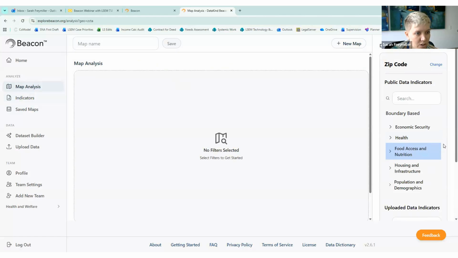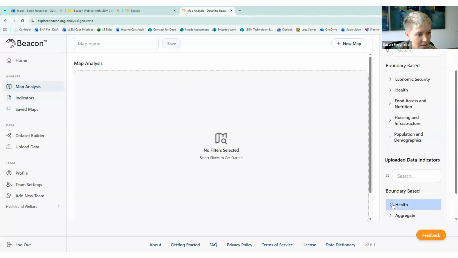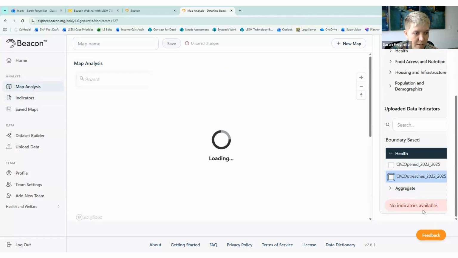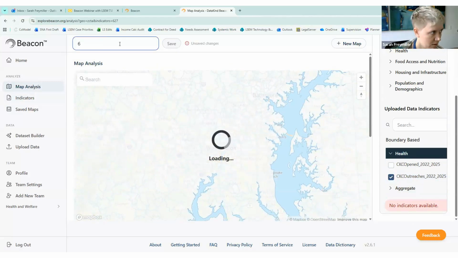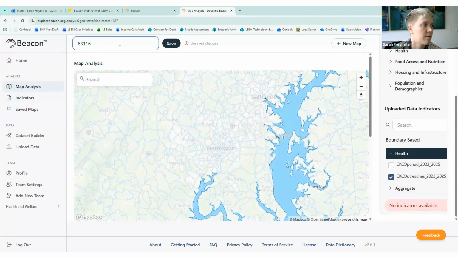So I will go back to map analysis and I will go to the zip code level, and this is going to be actually under uploaded data indicators. So I'm going to look at CKC outreaches, and I believe I will have to type in my handy zip code. Oops. Oh, that's not that. This is the search button.